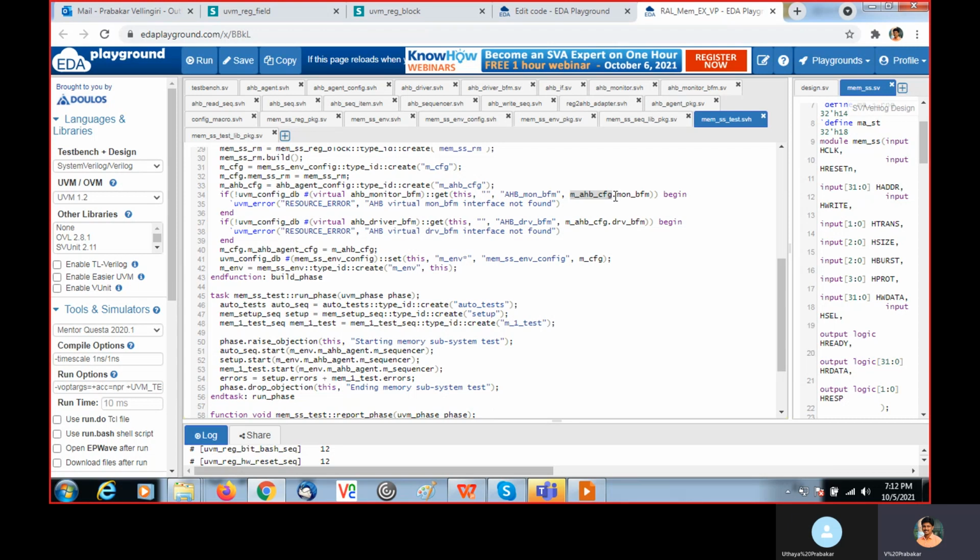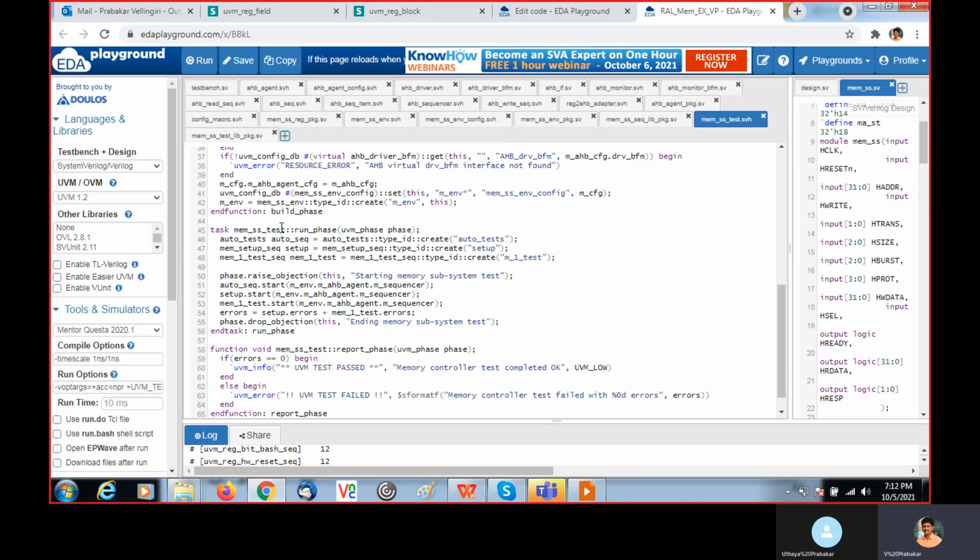So this is nothing but the agent config. Inside that we have mon BFM. This will be assigned using the set method in the testbench top. That we are getting here, and we are assigning to the mon BFM. The same way for driver BFM. So wherever we need, we are accessing the mon BFM and driver BFM from the agent config.